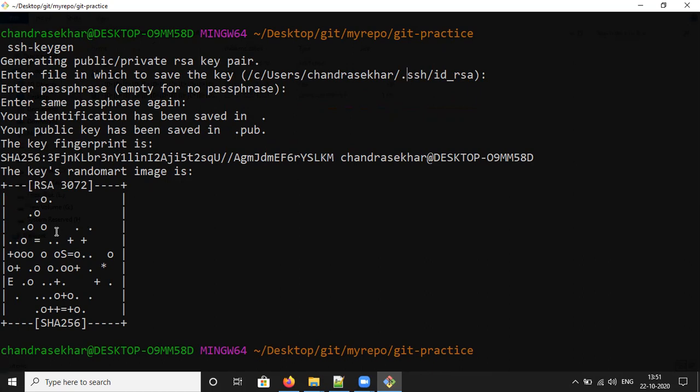Now you can check with ls -le ~/.ssh where it is stored.